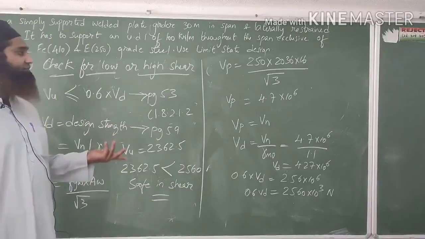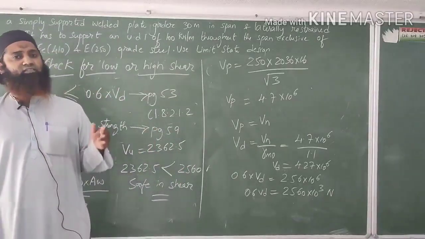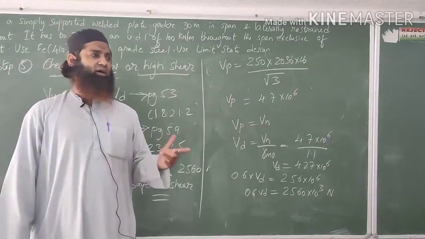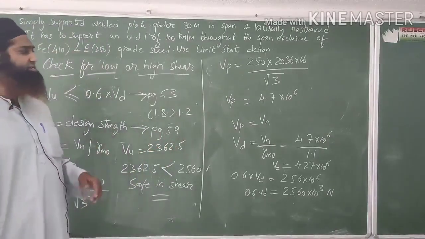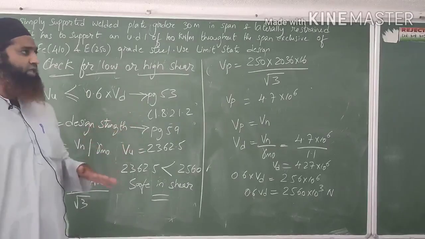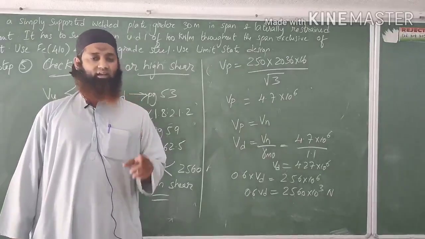Then after that I went for the design of the flange. The breadth of the flange is 1/3 of the depth of the web. I got it as around 672. Next I calculated the thickness of the flange also. I got it as 44. As I had told you, 44 is a very thick plate. It can't be welded easily.